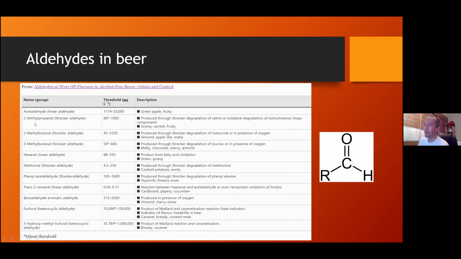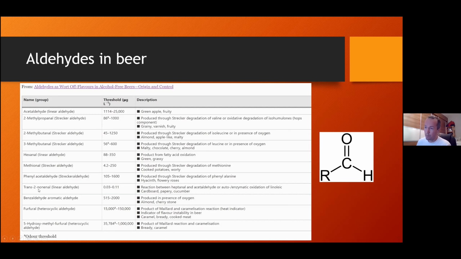These ones, methylpropanol, methylbutanol, you can actually find them. The descriptions often vary depending on where you look. The grainy, varnish, I think when it goes above a certain threshold, it smells like varnish. Larger ones here, it has flowery smells, which is quite unique. It's actually something you're doing just with sugar and amino acids, and then you end up with flowery notes in the dark beer. Cooked potatoes, watery.